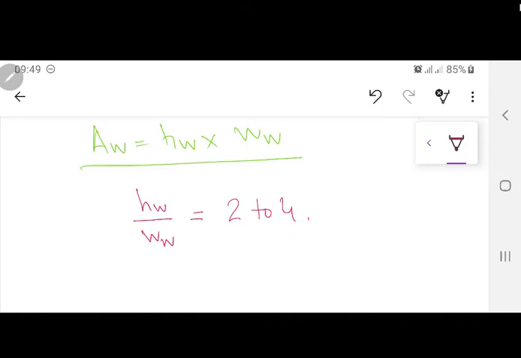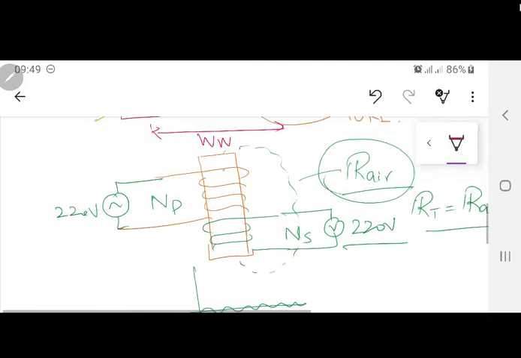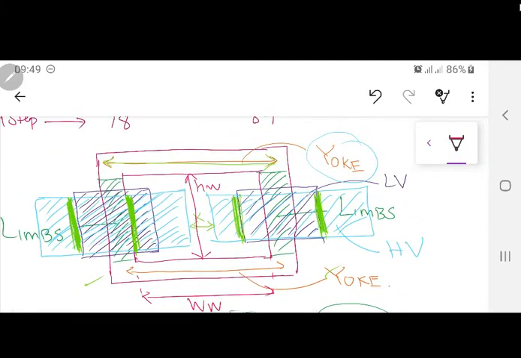Now the disadvantage is that the height of the window has to be 2 times more than the width of the window. What is the width? Width is certainly this one, height is this one. Now give me an answer over here. अगर मैं हाइट ऑफ द विंडो ज़्यादा कर दूँ, बहुत ज़्यादा कर दूँ, उससे नुकसान क्या है? और अगर मैं विड्थ ऑफ द विंडो बहुत ज़्यादा कर दूँ, उससे नुकसान क्या है? Think on it from the transformer side. This is a single phase transformer, but you can extend that answer to the 3 phase also.